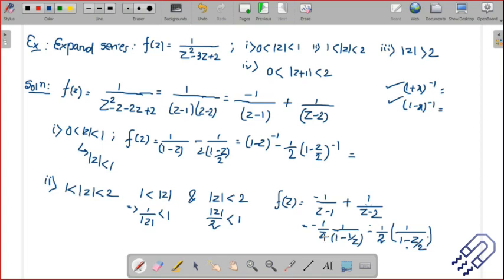So here also it's the same. I know 1 by z would be less than 1. I know z by 2 would be less than 1. So in that way, I can design my function and do it. If we do the next one,